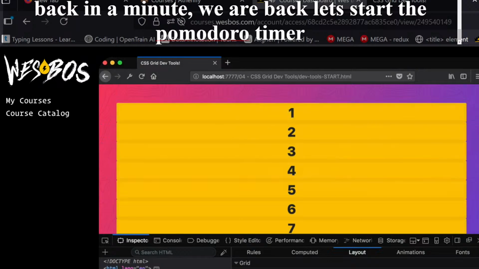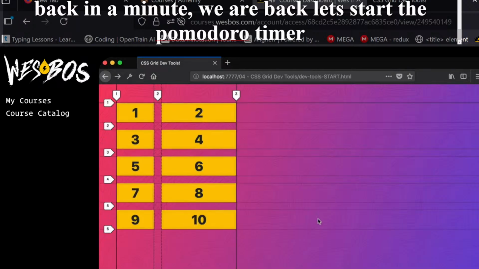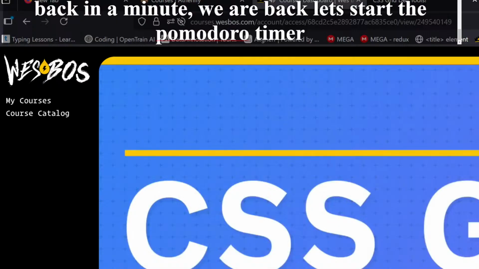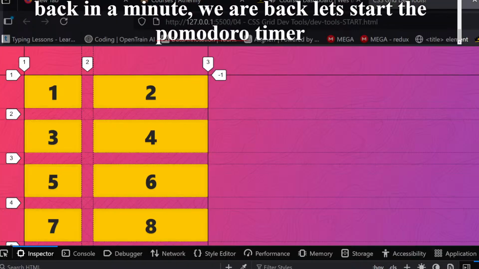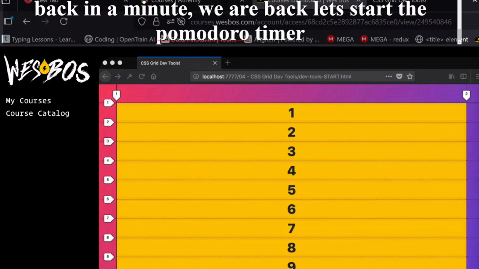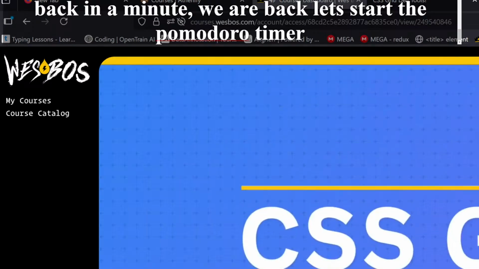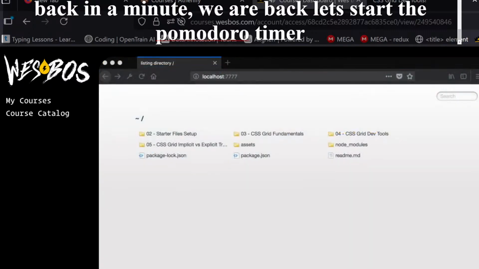Now let's jump into the next video, which is actually understanding the explicit and the implicit tracks in grid. This video is going to be one of those fundamental understandings of CSS grid, and it's something that's going to keep coming up. So let's make sure that we absolutely nail this before we move on. And that is understanding the implicit grid,